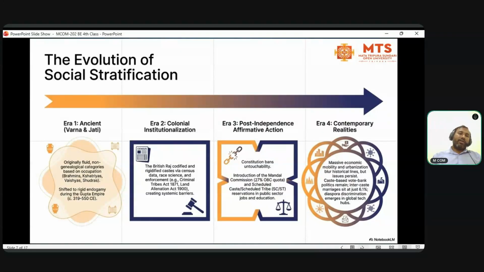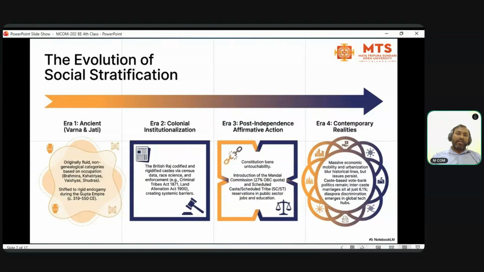So ancient is Varna and Jati, originally fluid, non-genealogical categories based on occupation: Brahmins, Kshatriyas, Vaishyas, and Shudras, which shifted to rigid endogamy during the Gupta empire. And colonial institutionalization: the British Raj